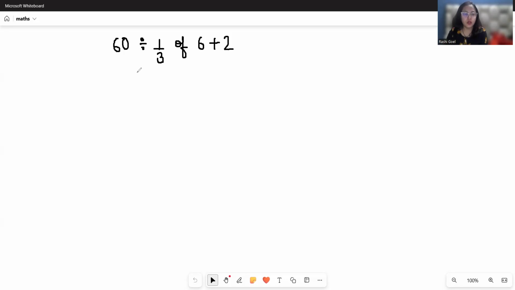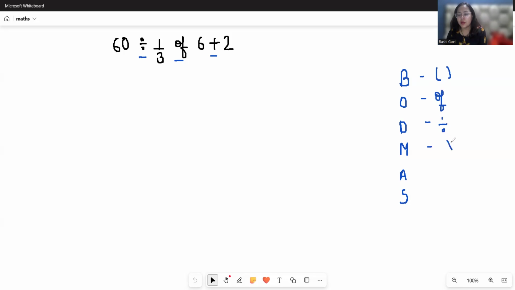So let's find out. There is division, of, and addition, so it's very confusing from where to start. We have the BODMAS and PEDMAS rule that helps to give the priority of the operations. It says that if you have a bracket, first solve the bracket, then of, then division, then multiplication, addition, and at last subtraction. So if we have of first, we will solve this part and write the rest of the part